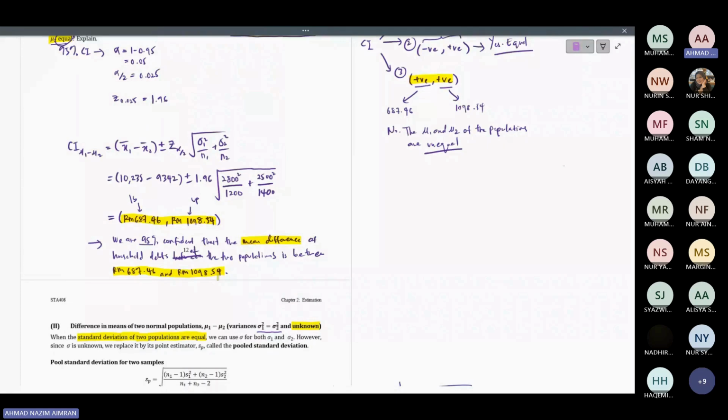If you still remember, since our lower boundary is positive and upper boundary is also positive, what we can conclude, the two populations have unequal or different